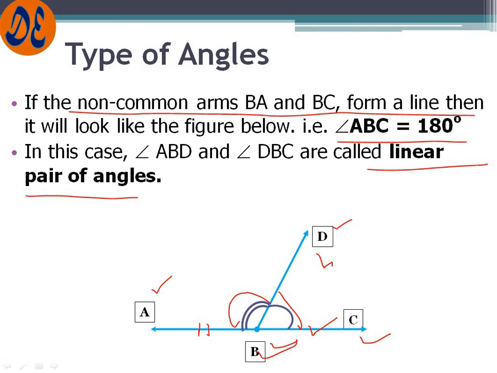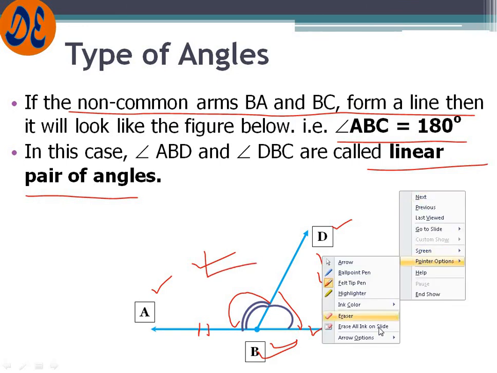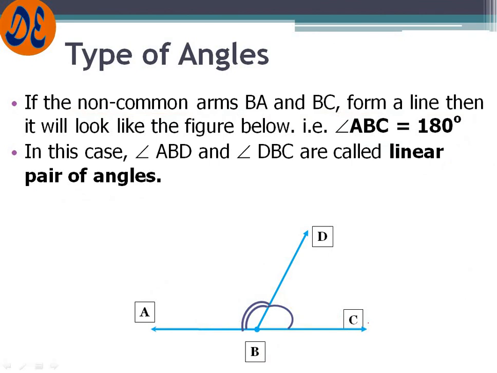So you may confuse this with supplementary angles. Now here one angle is supplementary of another. This angle is supplementary of this one. This angle is supplementary of this one. But at the same time, both angles are a linear pair. Now why are they a linear pair? Because